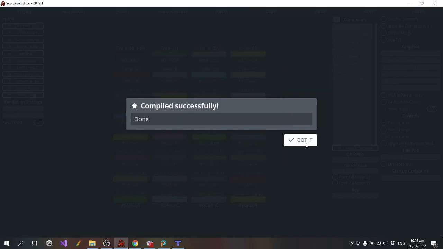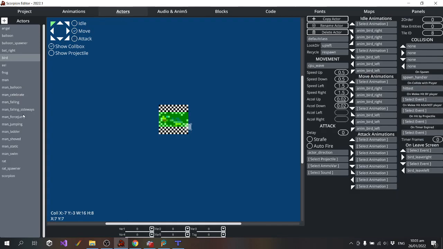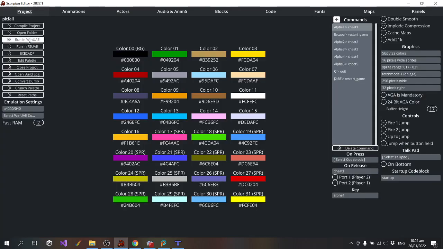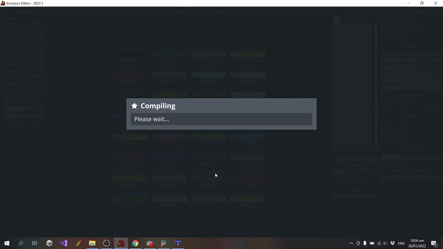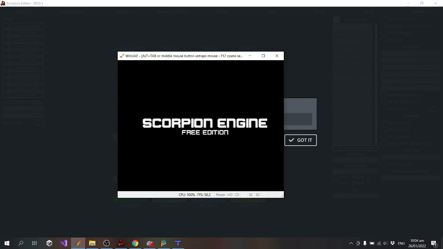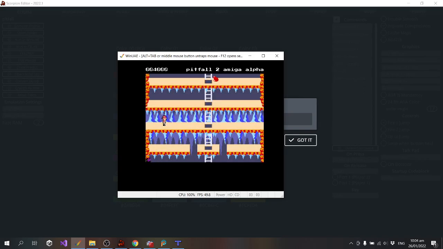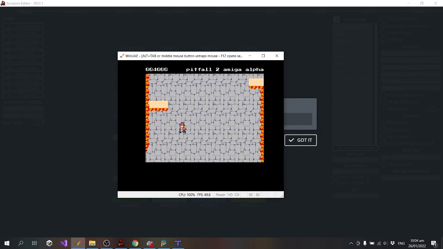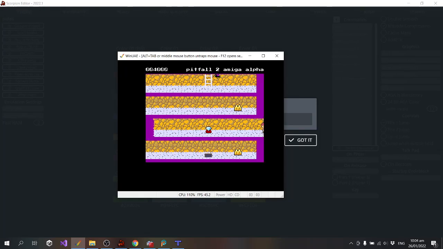Actually, I might make one slight tweak to the force on the man falling sideways. Just going to reduce that speed just slightly. I just want to be able to jump off that platform to get the diamond without scrolling to the next screen as soon as I hit the platform. So if I jump from here, still a bit too much.